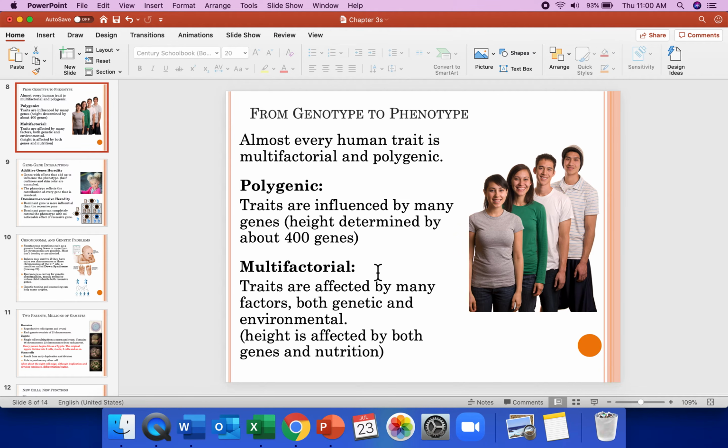Another thing about traits is that they are multifactorial, meaning that traits are affected by many factors. Some of them are genetic, your nature, and some of them are environmental, your nurture. And height is also one of those traits. So your height is determined by 400 genes, but it is also determined by how well nourished you are, for